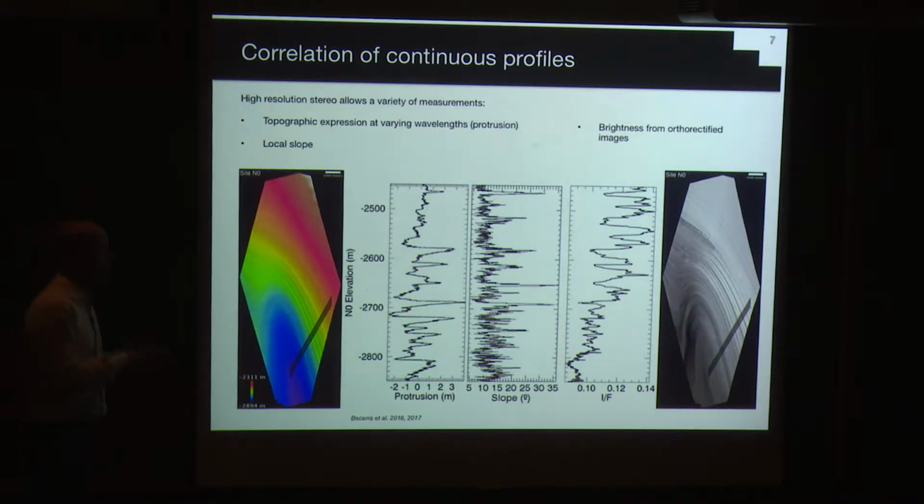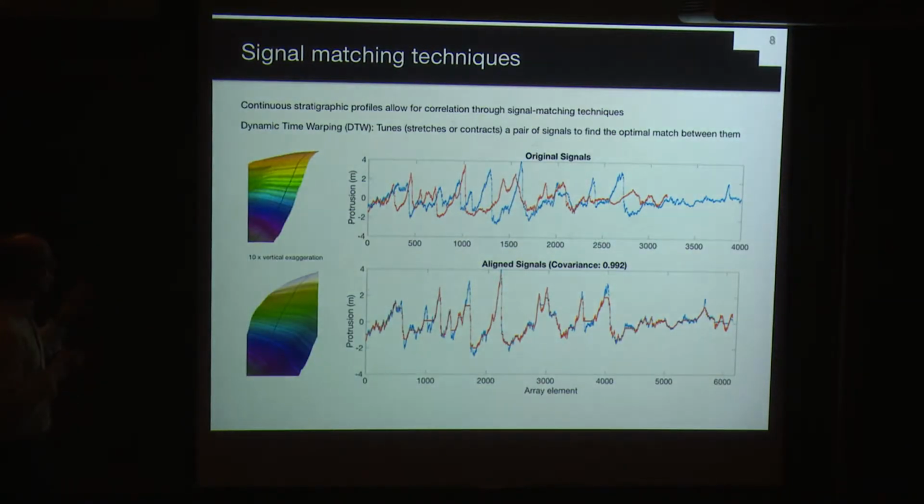So the importance of having these continuous profiles is not only that you can use different techniques to analyze the similarities, but also that you can do signal analysis on them, and then you can compare to the same sort of signal analysis that you do on the periodic functions that should drive these deposits. So as far as the correlation and the signal matching, we can use different techniques to match these profiles. One of these techniques is called dynamic time warping, which I've used in some of my work.